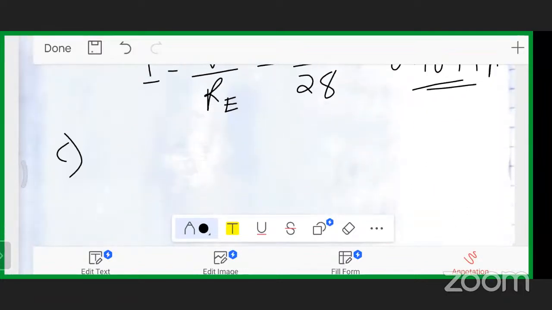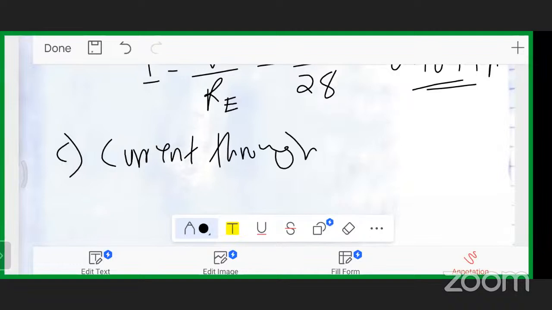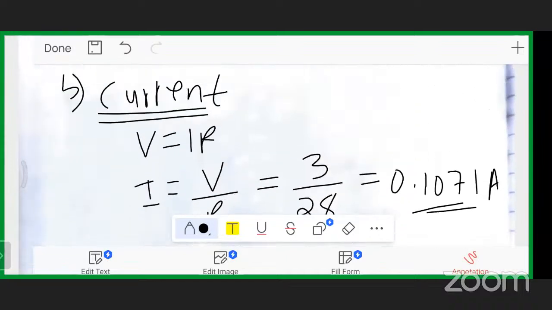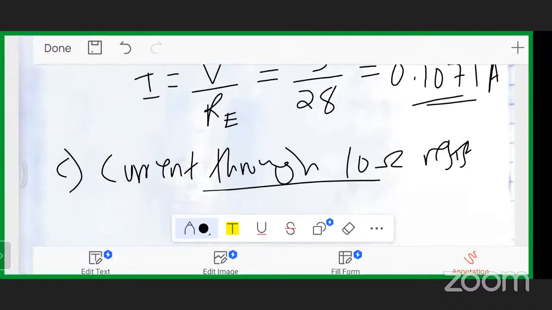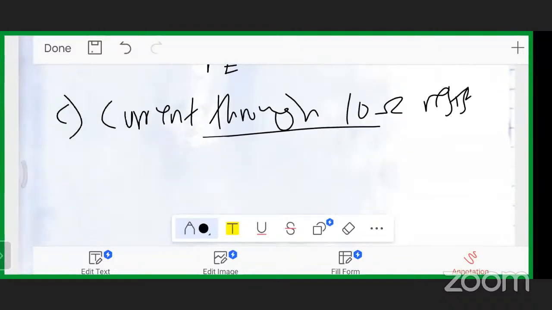maybe somebody asks you to find the current through the 10 ohm resistor. If this question comes and the total current is not given, then you do the same thing, because the 10 ohm is simply the current